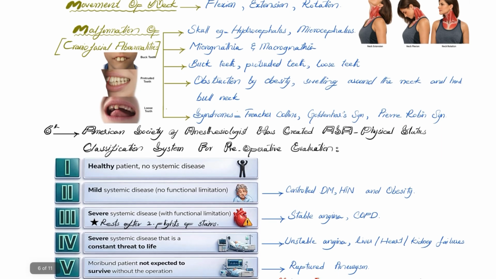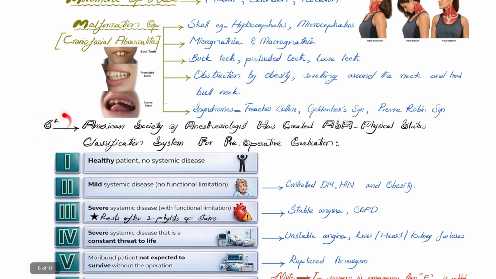So far we talked about these. Let's jump to ASA physical status. The American Society of Anesthesiologists has created the ASA physical status classification system for preoperative evaluation. In class 1, healthy patient, no systemic disease. In class 2, there is mild systemic disease, but there is no functional limitation, like controlled diabetes mellitus, controlled hypertension,